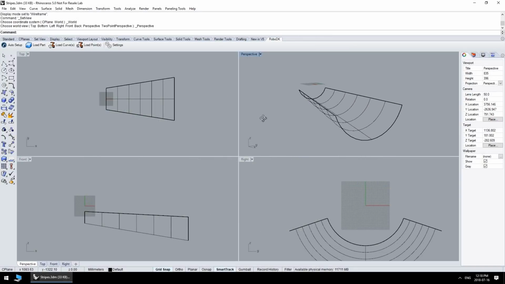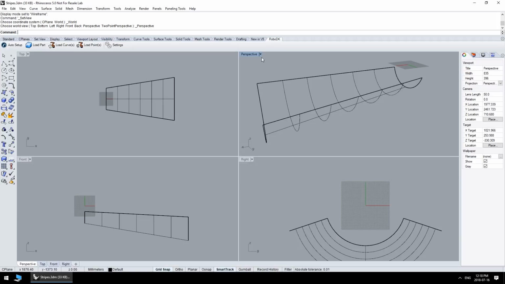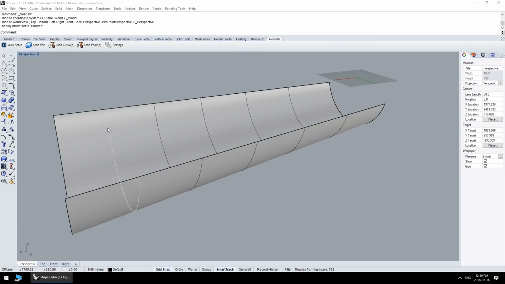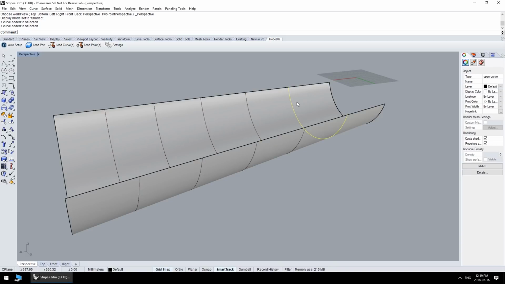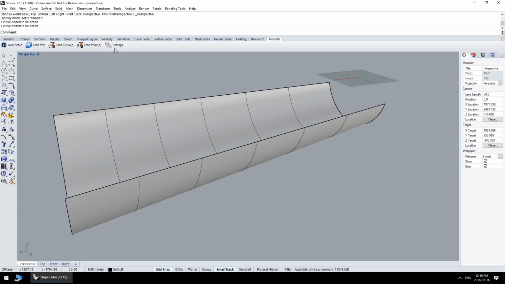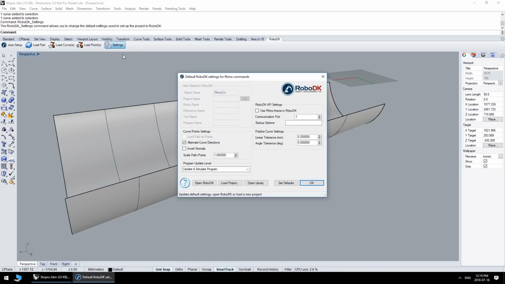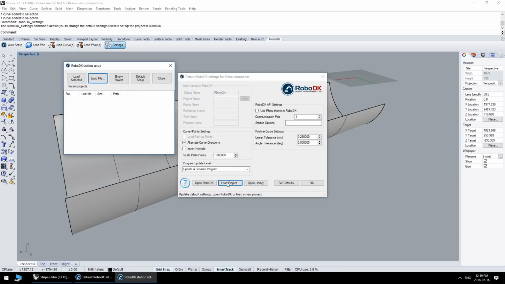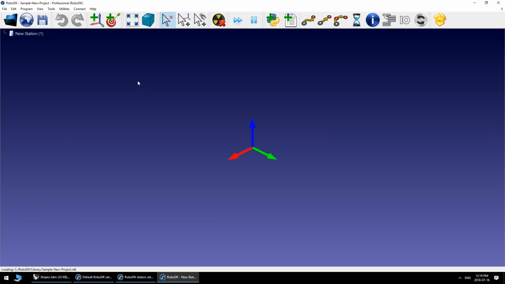The RoboDK plugin for Rhino allows you to combine Rhino's CAD modeling software with RoboDK to program industrial robots. Robot programs can be generated directly from a group of curves, points, or NC programs, such as G-code or APT files. With the RoboDK plugin, you can program more than 300 robots from 30 different robot manufacturers for your digital